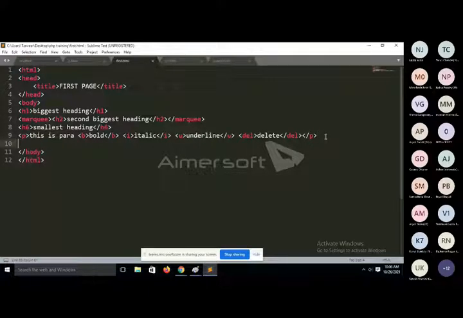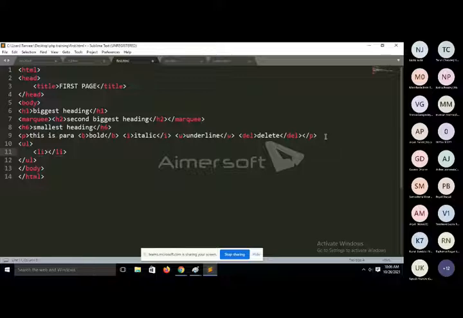Next, move on to lists. I just want to display a list in HTML. If you want to print a list, we will basically use three types of lists. The first one is the unordered list. So if you want to display an unordered list, then you will use the UL tag. UL stands for unordered list. Inside the UL tag, if you want to print a list item, then we will use LI. LI stands for list item. So UL stands for unordered list, LI stands for list item, and you can put any number of list items inside the unordered list.